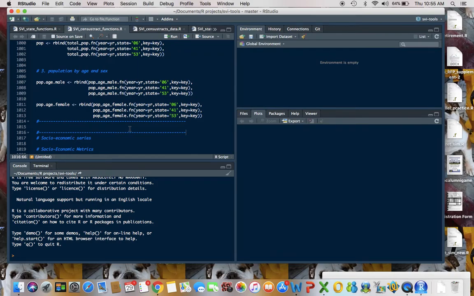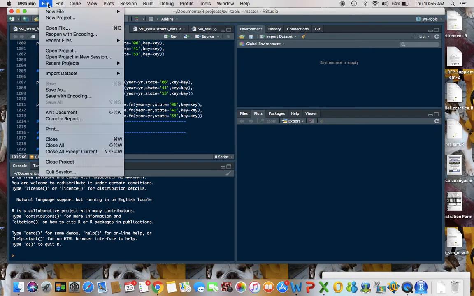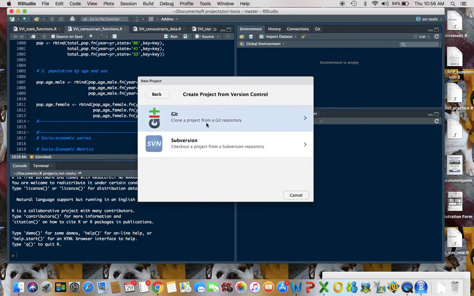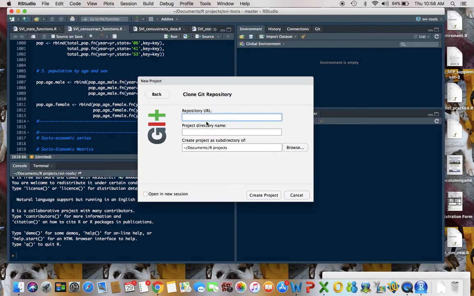It's going to open the last project that I had up, but what I actually want to do is see if I can grab this from my GitHub repository and get it to work. So in RStudio, I'm going to do a new project, and I'm going to clone the GitHub repository into a new local project. So I'm going to go from version control from GitHub. So now I got to go